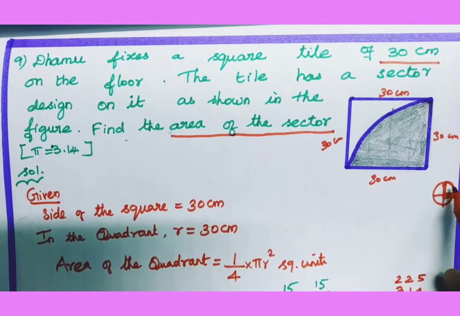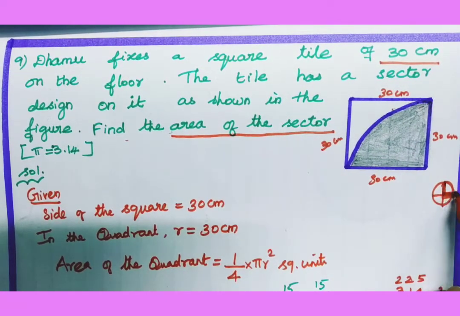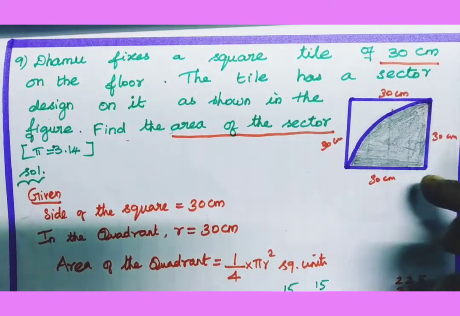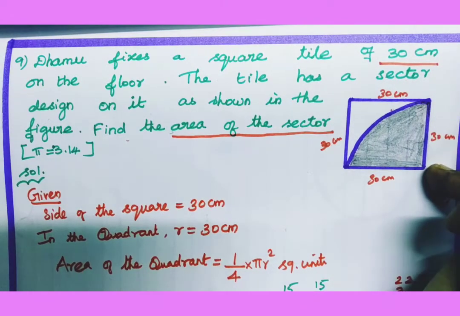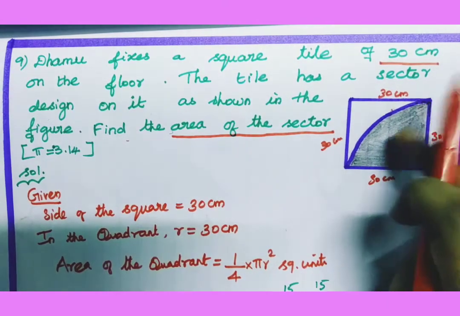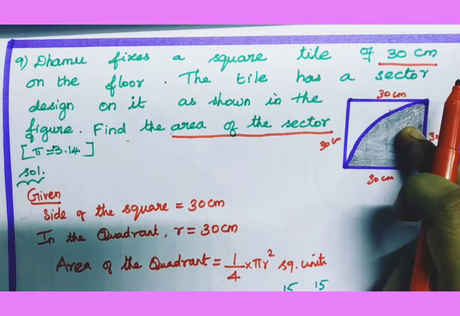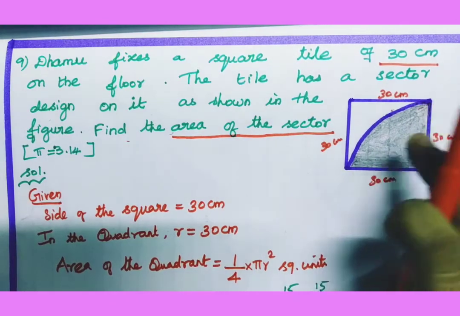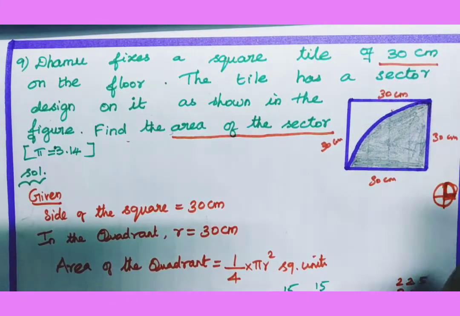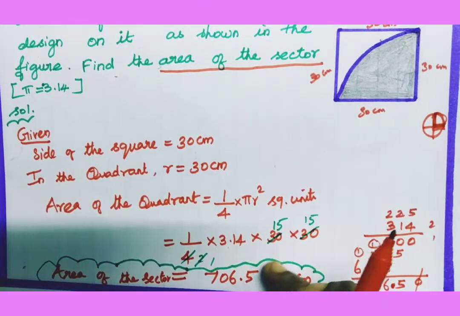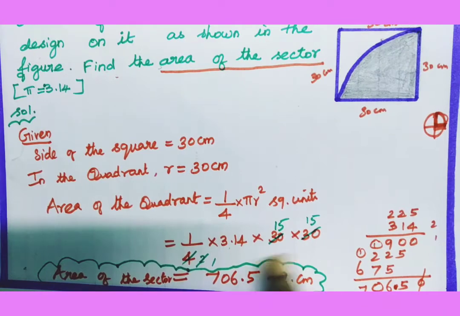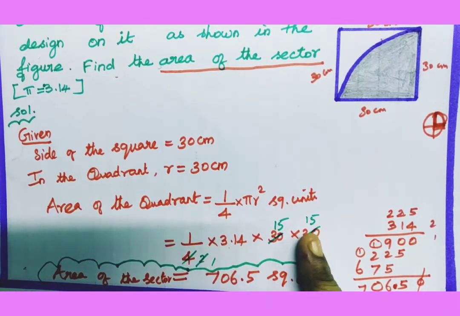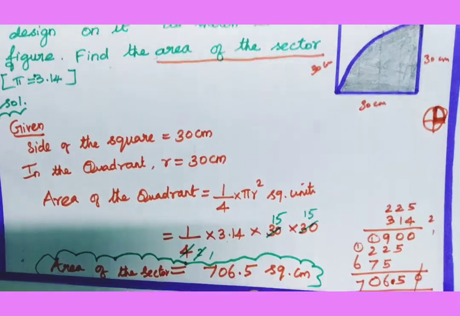See here in a circle, both radii are equal, which means this side is the quadrant. Isn't it? So this also is the quadrant. Quadrant radius is what? 30 centimeter. So first what we will find? We need only this area only. So better we will find out the area of the quadrant. Area of the quadrant formula is what? 1/4 pi r squared square units. Okay. So 1/4 pi r squared square units. Here we can substitute, then cancel with this 2, then multiply everything together and give the point.